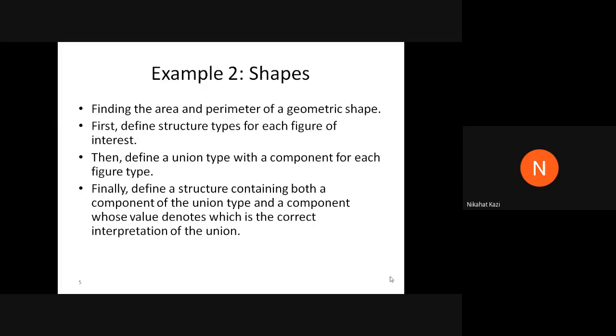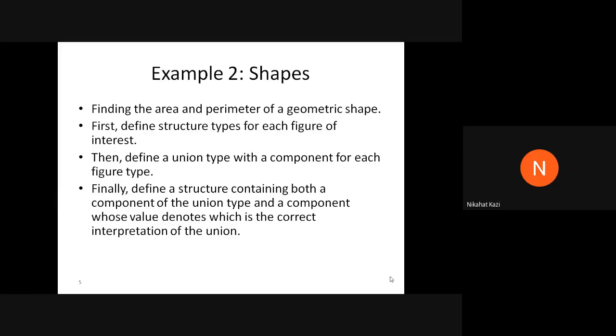In this final structure, you will create a flag and a variable of the figure type. The flag will have either 3 values: C, R, or S, for circle, rectangle, or square. Depending on that, it should choose the correct option.